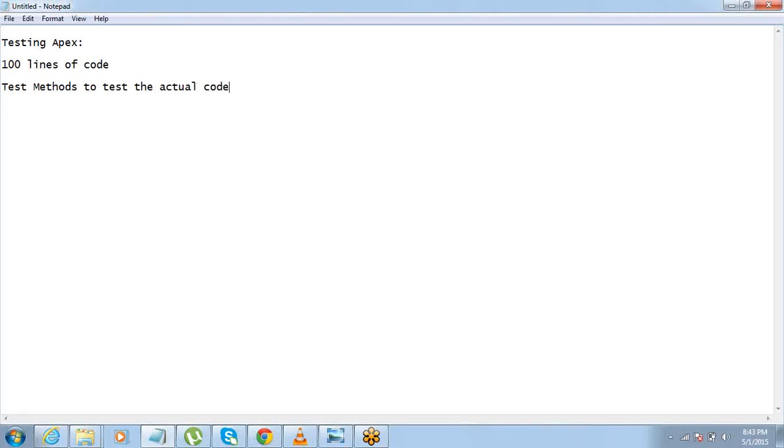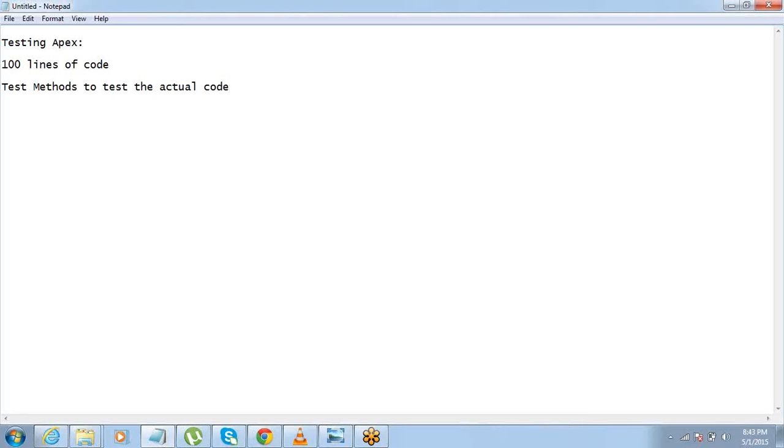Okay, so it's like more code to test the original code. That is what it is. So far we have talked about different types of methods, but now I'm going to talk about the test method. So you need to write a test method to test the actual code.